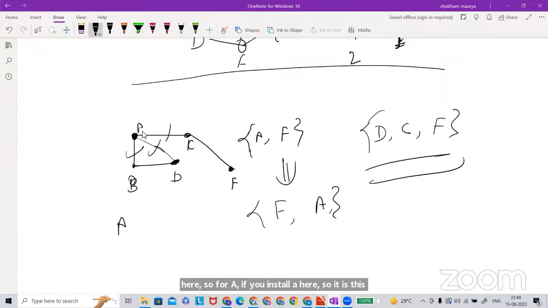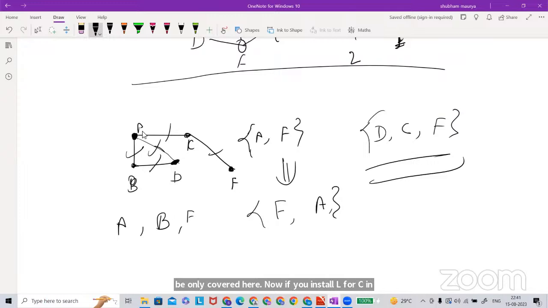Now what can we install next? We want to cover all edges. If you install at B, then only this will be covered. Now if you install at F or C, so if you install F, then this is going to be